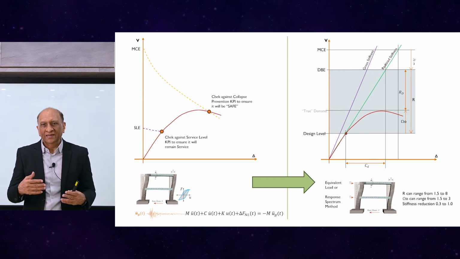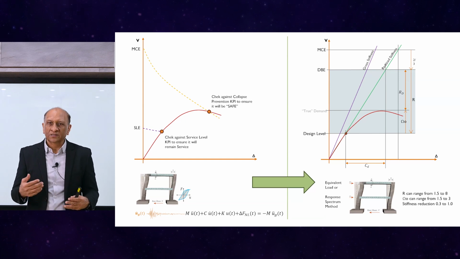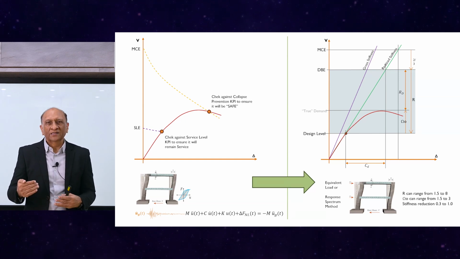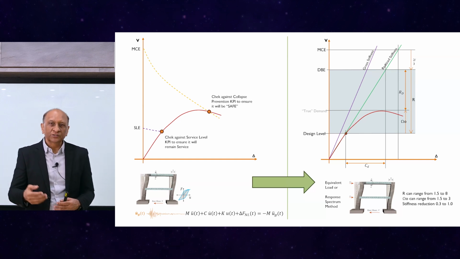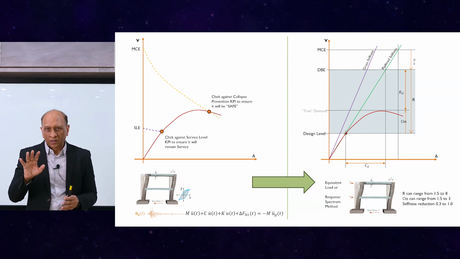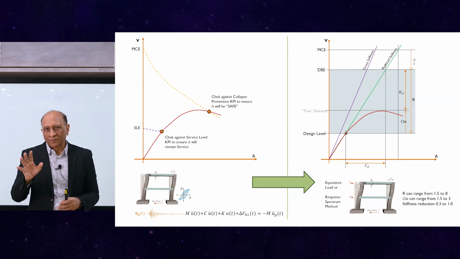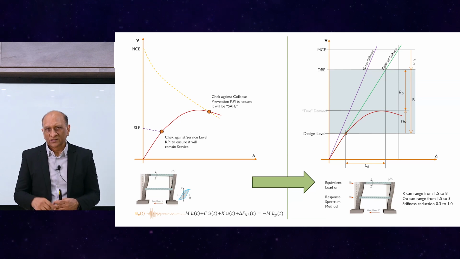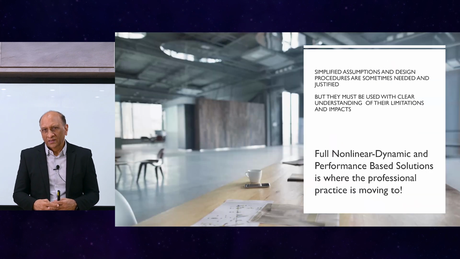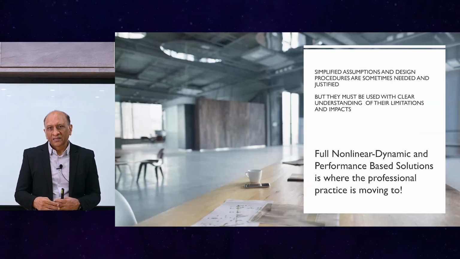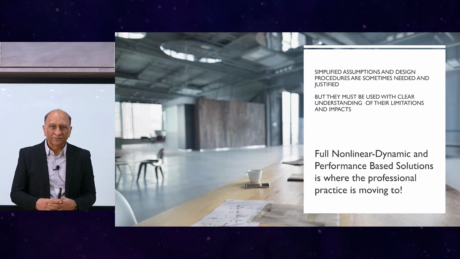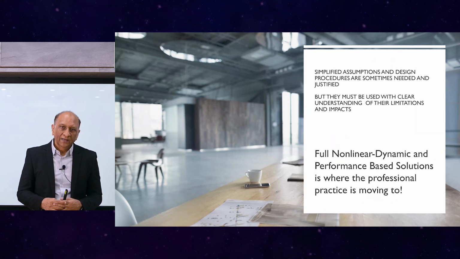As you have seen, the building has two different systems or stiffnesses and yielding capability. So the R should not be the same in the two directions, and omega should not be the same in the two directions, and so on. So there's a lot of discussion on how these values, these numbers should be used carefully. Stiffness is the same thing. So we can conclude today that the simplified assumptions and design procedures are sometimes needed and are justified,